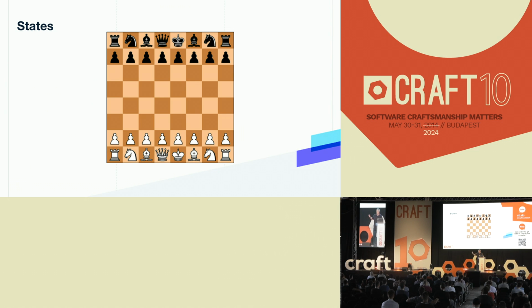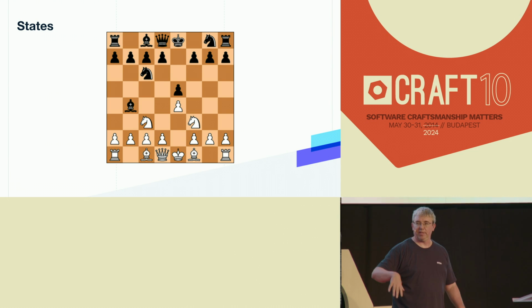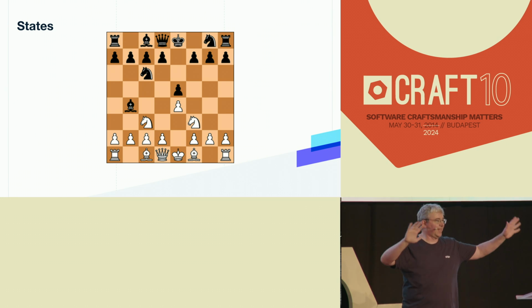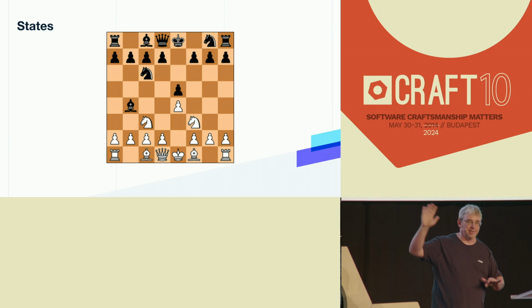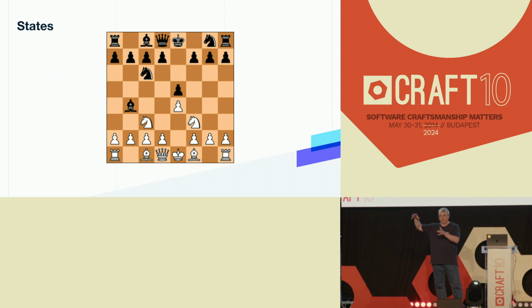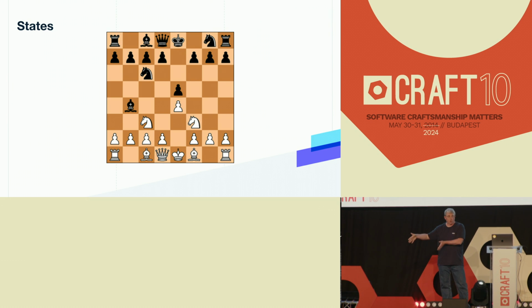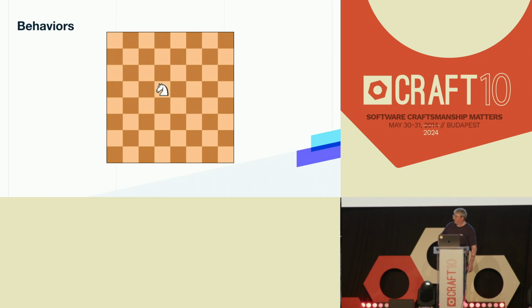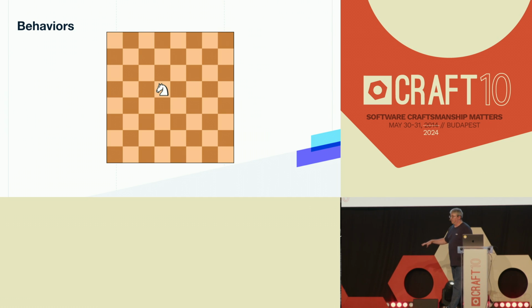But we can think about the state of a chess game basically as which pieces are in which squares, right? And for those of you who do play chess, yes, it's not quite everything. I'm still allowed to castle and things like that, right? But for the most part, you can actually record the state of a chess game, and then we can understand that that's what was going on at that point. So those are states.